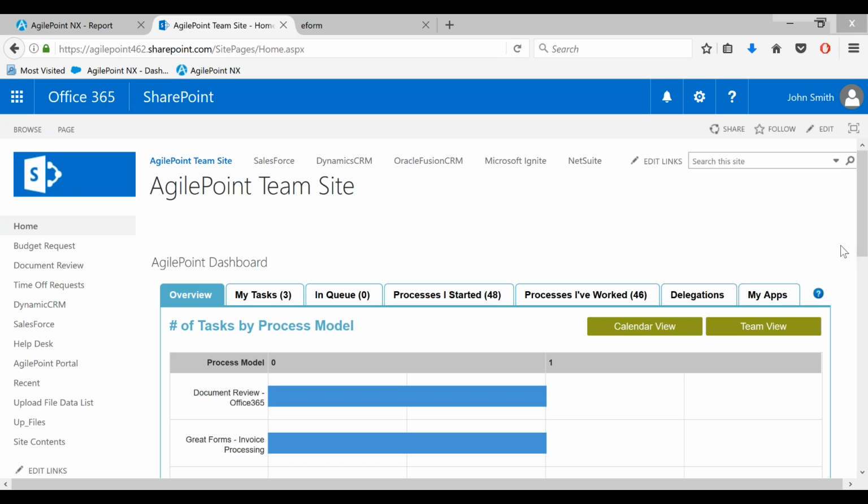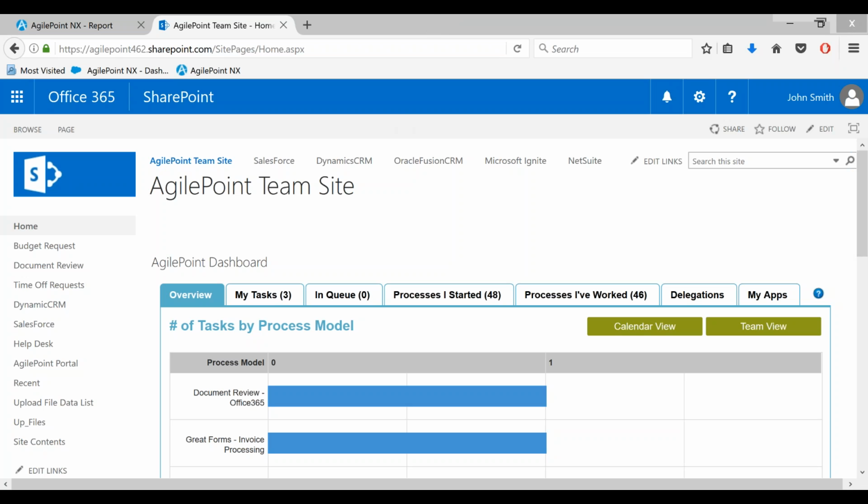Now, this is just one example. We can certainly surface this dashboard in a number of other enterprise systems. We mentioned SAP in the past, Salesforce and NetSuite. So just an example, something to keep in mind. We can actually pick up a process started in SAP, go into my SharePoint UI, and action a task there. So it's really about surfacing these tasks in the systems that make the most sense. This demo is going to focus around SharePoint, so that's where we'll be spending the majority of our time today.